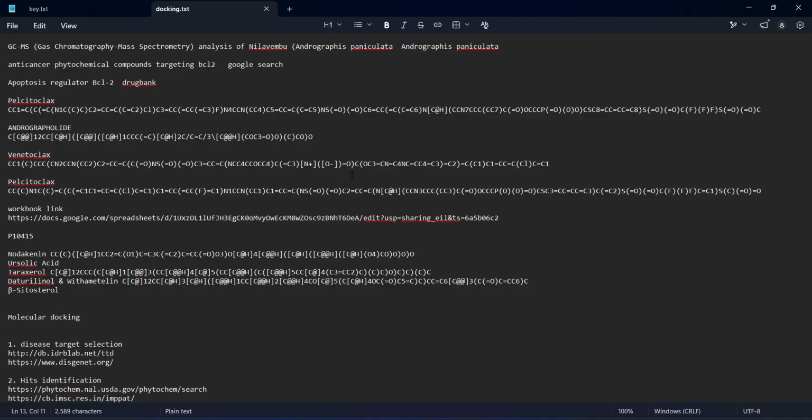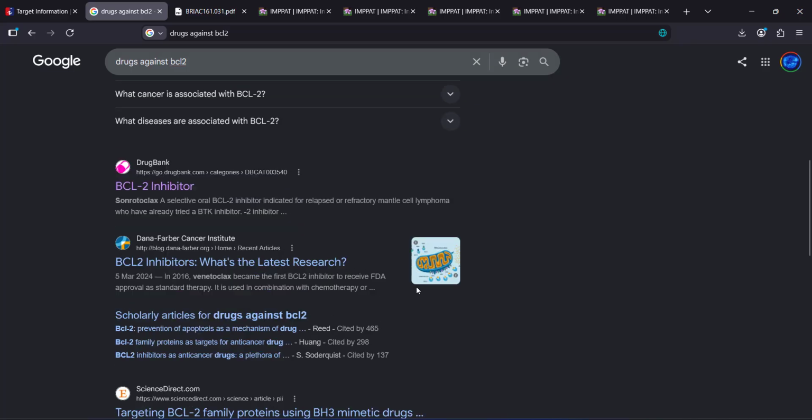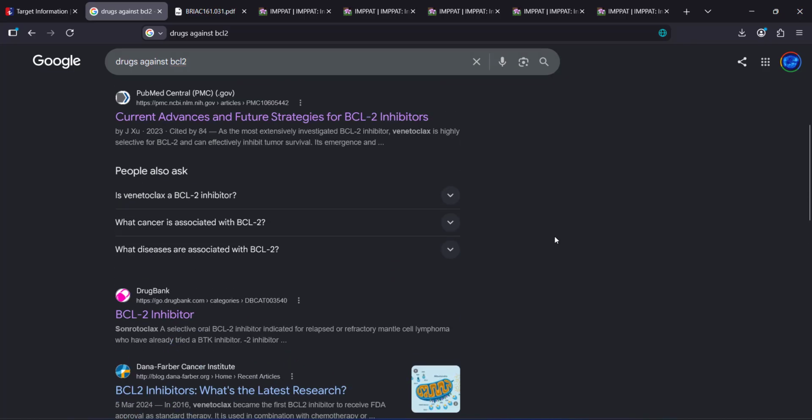The details of the drugs are derived from research articles published in PubMed or other research journals. So we have decided the hits and the target, and 2 steps of the molecular docking process are finished. Okay, for the third step,